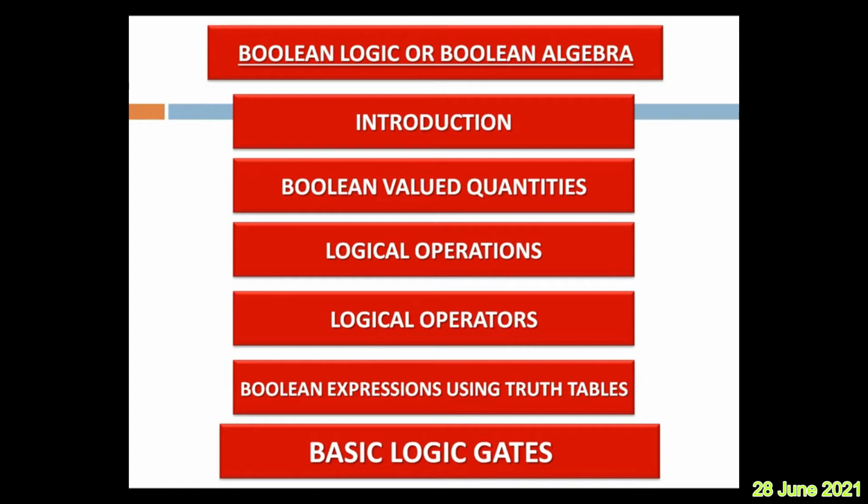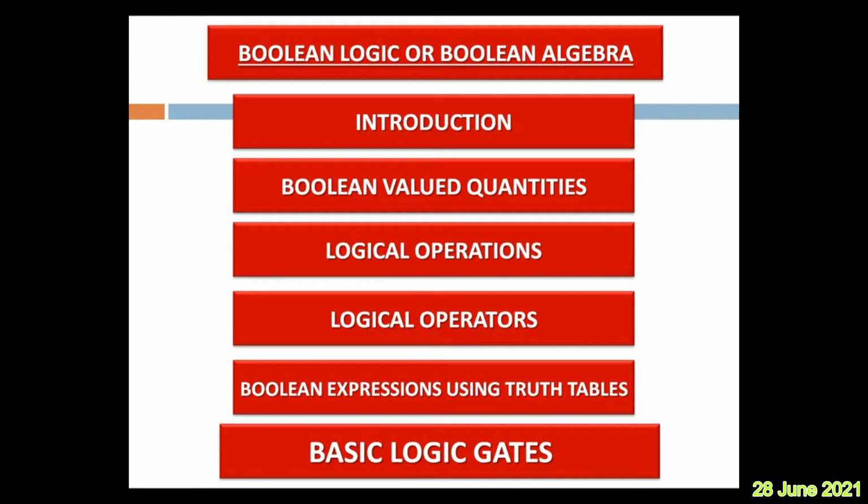Right? What do you mean by a truth table? All the possible combinations and the possible outputs are written in the form of a table. As you know, if the result for all the rows is true, then it is a tautology. If all the results for all the combinations are 0, then it will be a fallacy. That also we have discussed, and today we will discuss the basic logic gates.